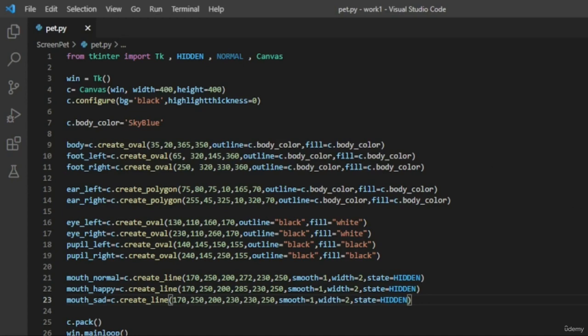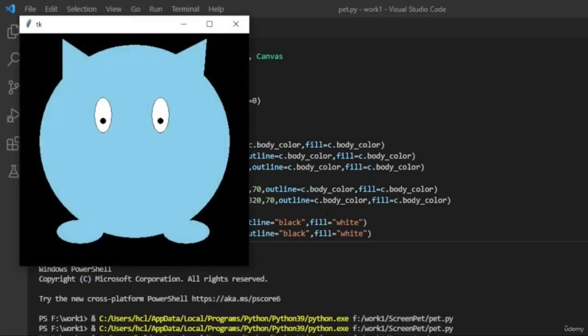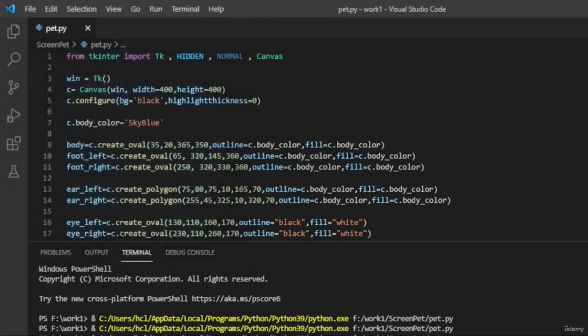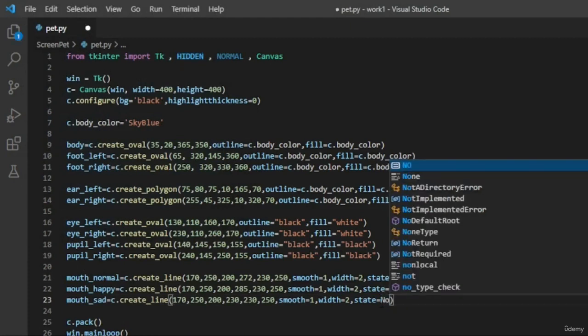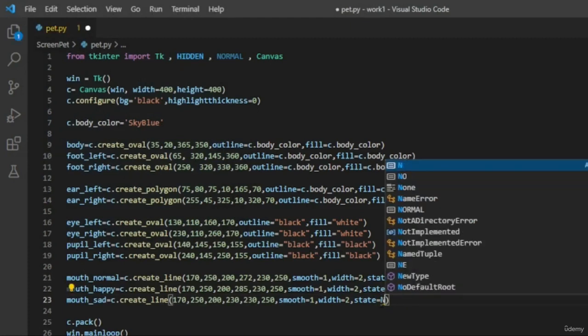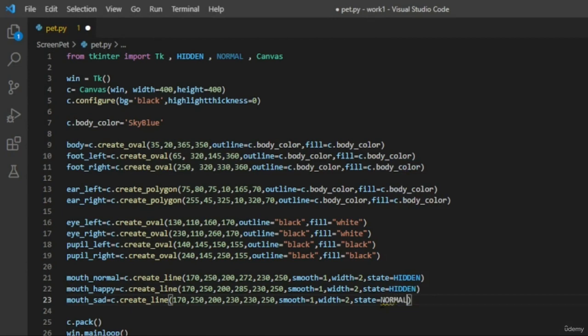Everything else will remain the same. So we have not changed the state. We are going to change the state to normal, hidden. We will save it. This time if we run it,